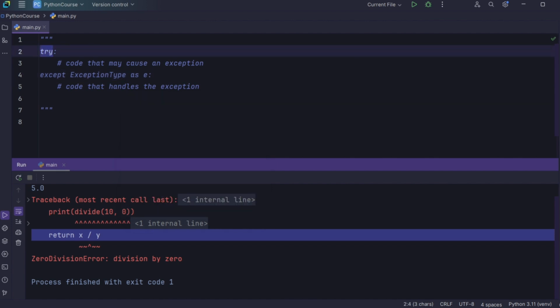The try clause contains the code that may cause an exception. The except clause contains the code that handles the exception. The exception type is the type of the exception that you want to catch and handle. The E is a variable that holds the exception object that you can use to get more information about the exception. For example, let's use try except block to handle the zero division error exception that we saw in our